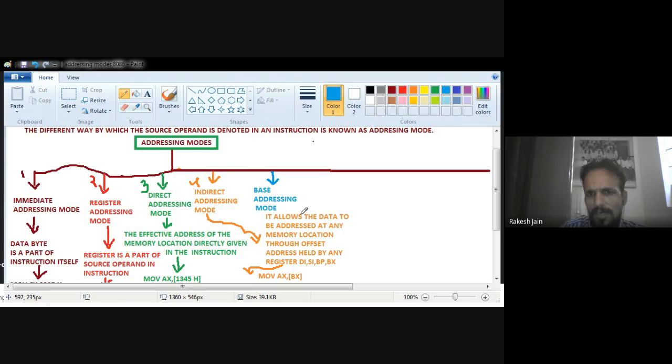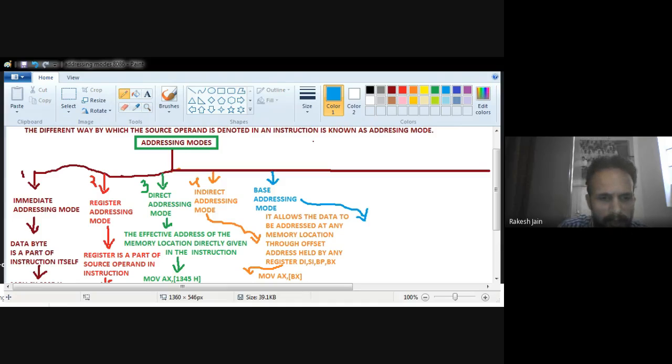In this addressing mode, the BP or BX register content and an 8-bit or 16-bit displacement will be added, and the offset address of the operand is given by this.